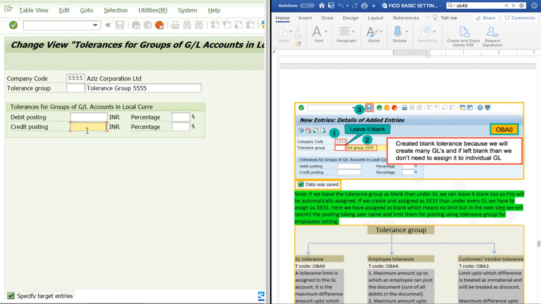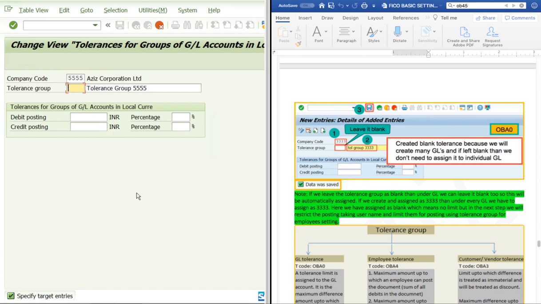There is always a balance in SAP, right? So if you leave, we will leave it as a blank. Then we will create another tolerance for employee, right? So this is company wide, all open, but for Bangish, he is allowed a maximum difference of 200. Ehsan is allowed a maximum difference of 500. So if you leave it blank, and also we will leave this tolerance group as a blank, we will create a blank tolerance. The reason to create this tolerance as a blank,